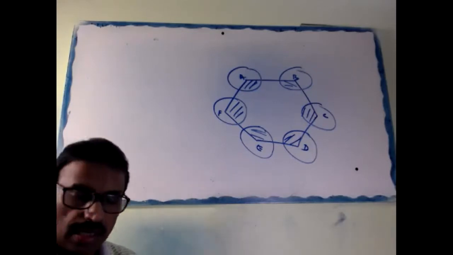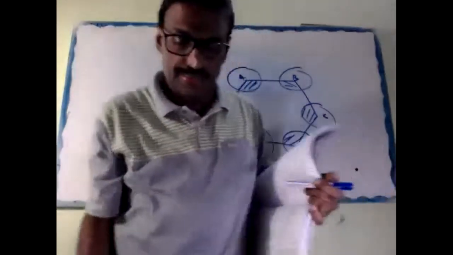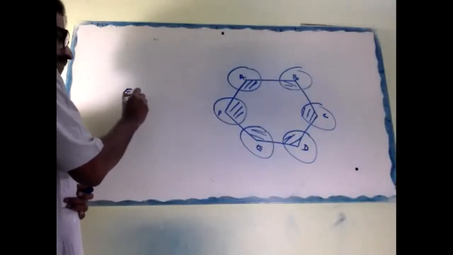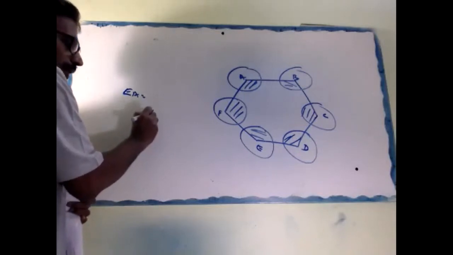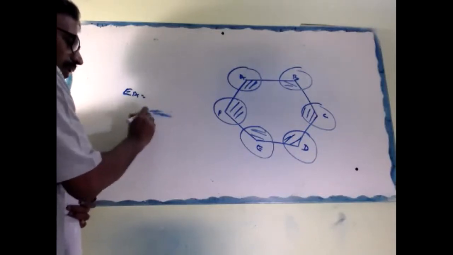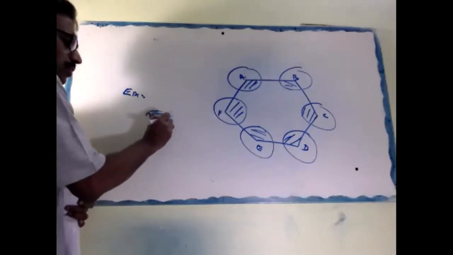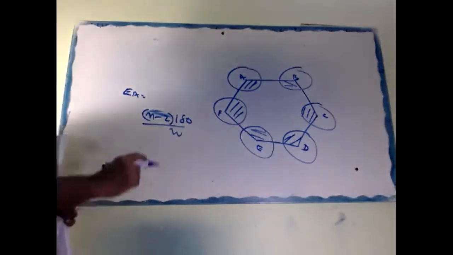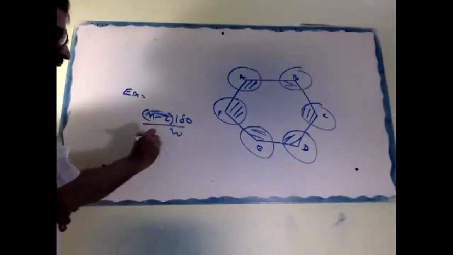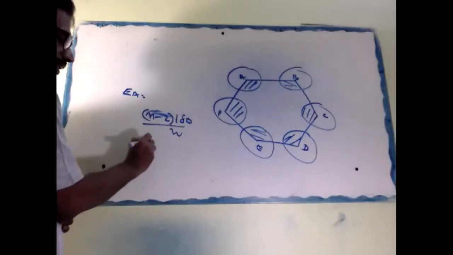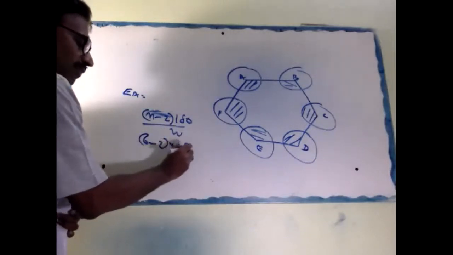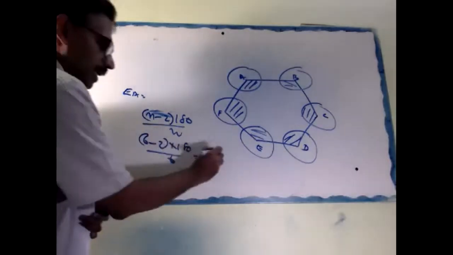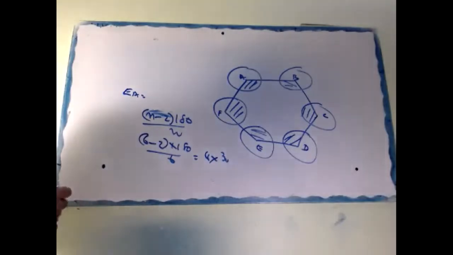Okay. Look at here, the angle. Listen here. The formula for each angle: you write each angle equal to 180, and what is the formula? N minus 2 into 180 by n. You remember this one? Each angle equal to (n minus 2) into 180 by n. N is 6 because 6 sides. 6 minus 2 into 180 divided by 6. So that is 4 into 30. So each angle is 120.